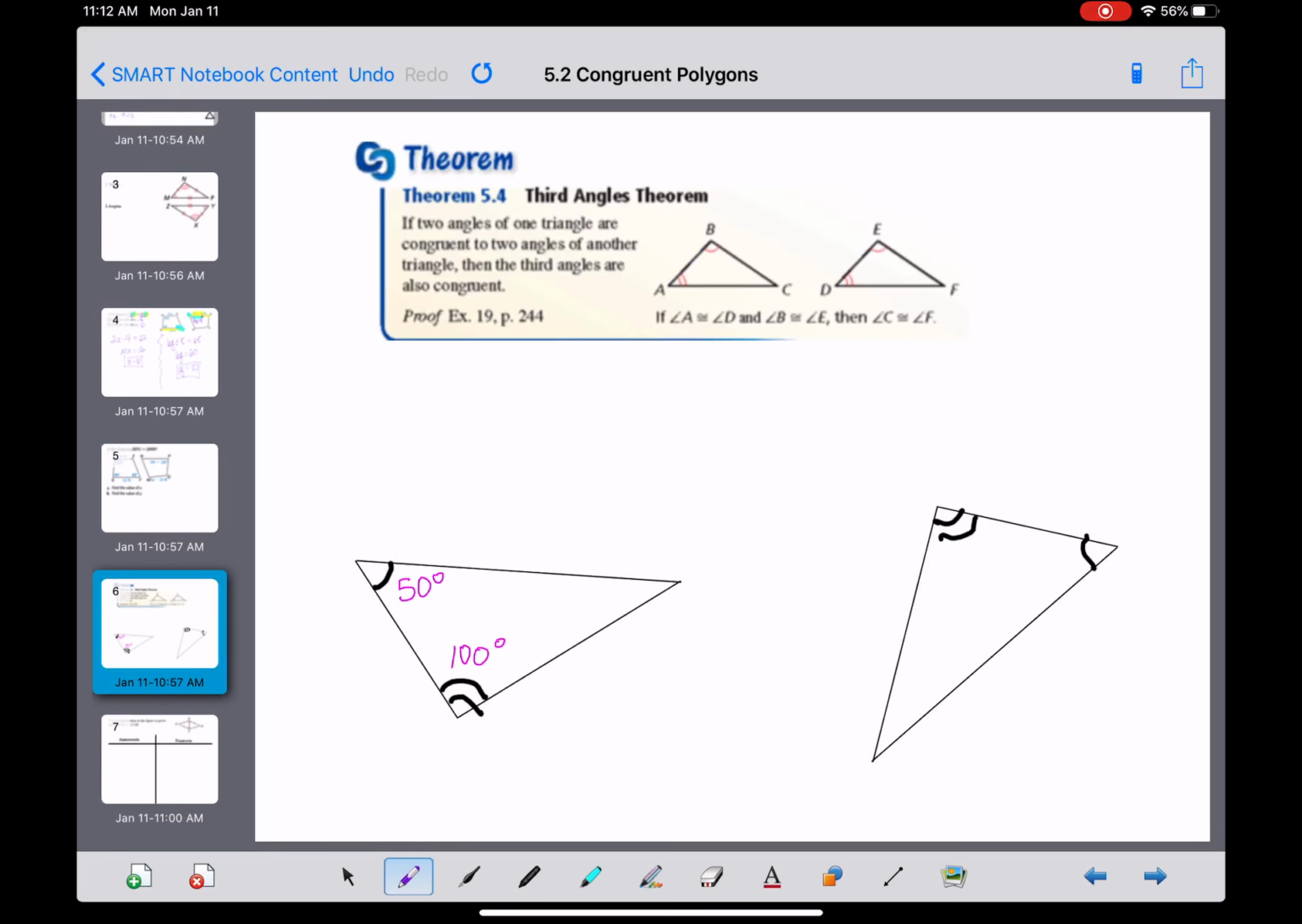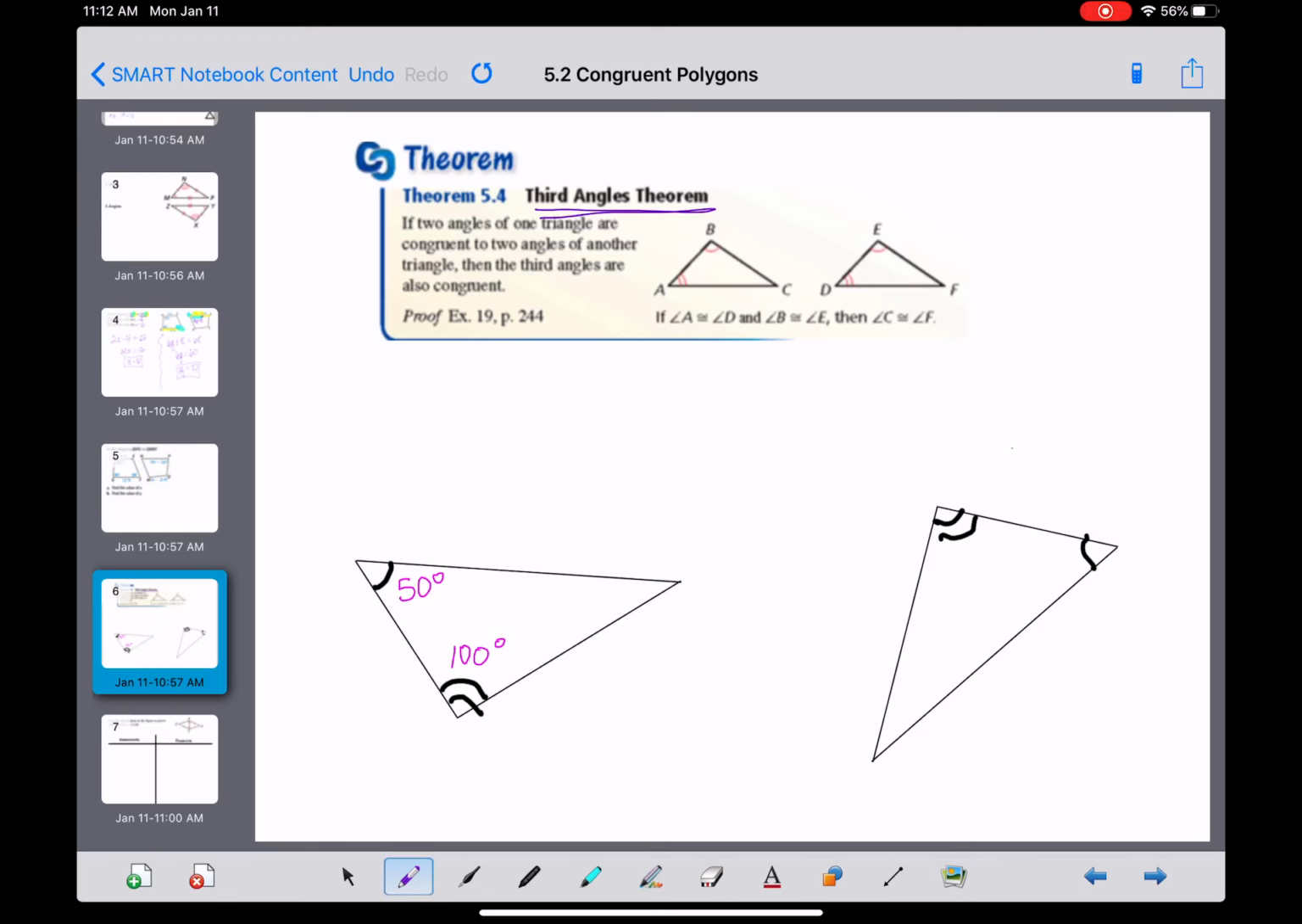So now we're going to prove that two triangles are congruent to each other. In order to do so, we need to know one more theorem. That is the third angles theorem. The third angles theorem states if two angles of one triangle are congruent to two angles of another triangle,